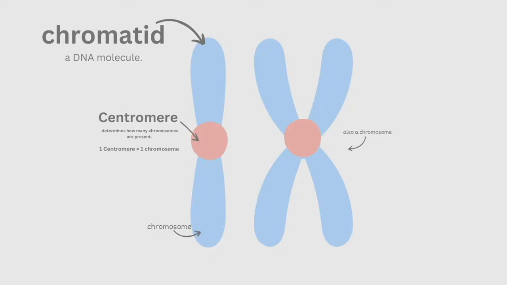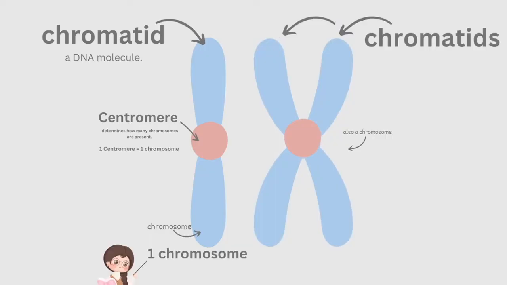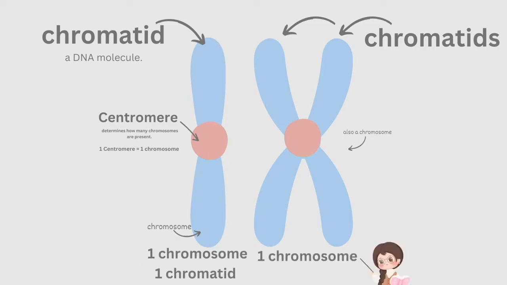Technically, it's made of DNA and histone proteins. Here we have 2 chromatids. So on the left, we have 1 chromosome with 1 chromatid. And on the right, we also have 1 chromosome with 2 chromatids. Okay, so now that we can visualize the difference between a chromatid and a chromosome, let's move on to the